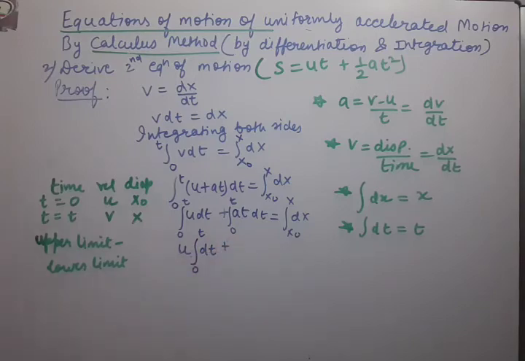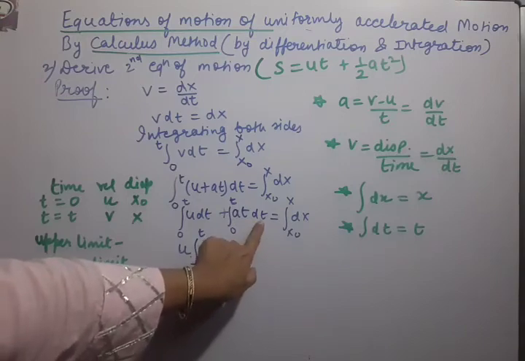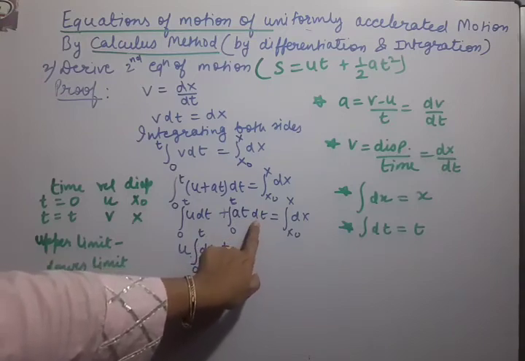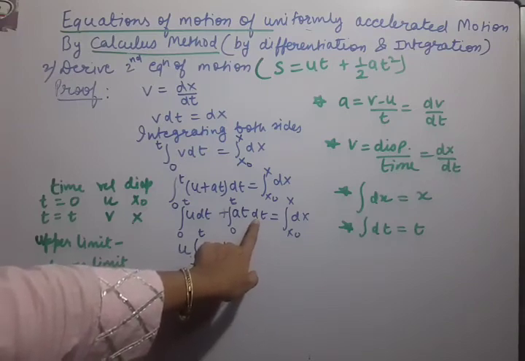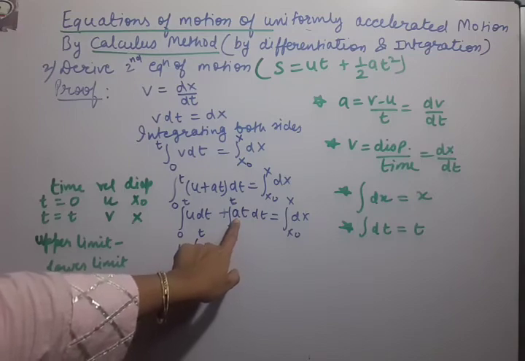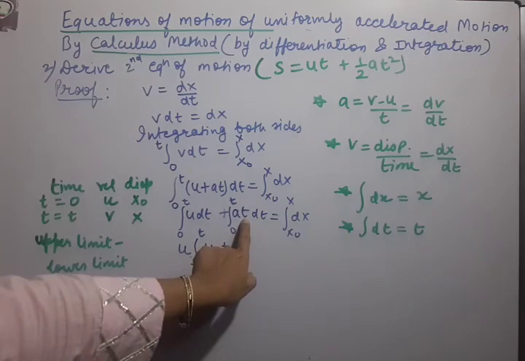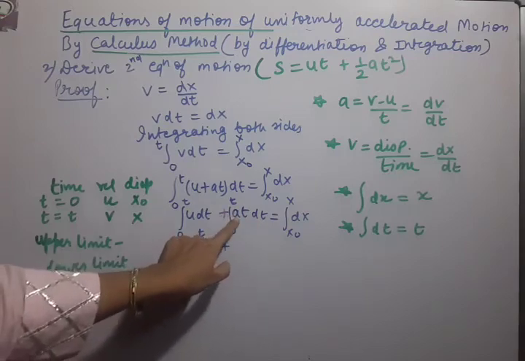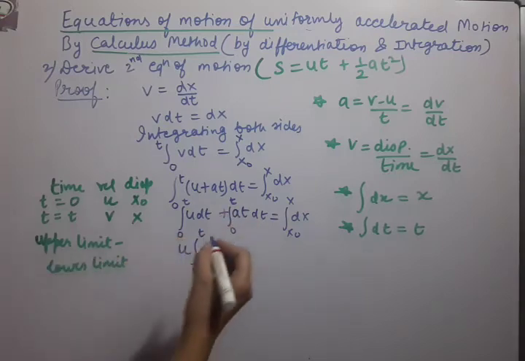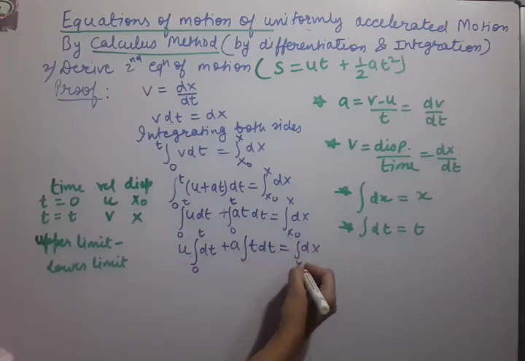Fine. Now here you see integration is taking place with respect to time. That means you have to look for the dt term. Dt is written, so other than time terms, we have to take out whatever is constant. So you see, t will remain inside the integration. All t terms should remain inside the integration because integration is taking place with respect to time. That means what I have to take out is a. This way, here also the same is going on.